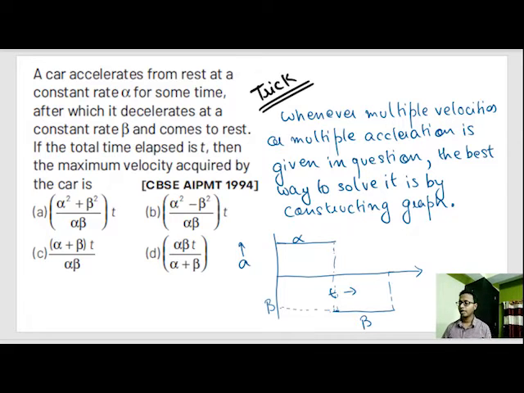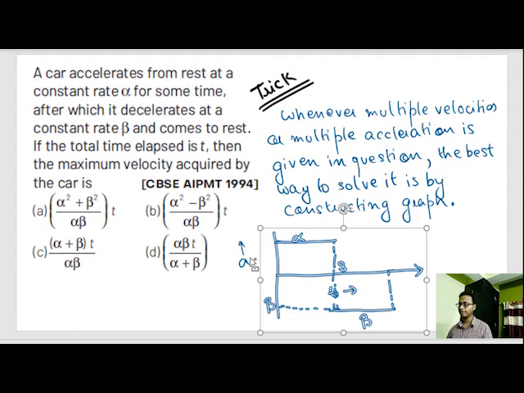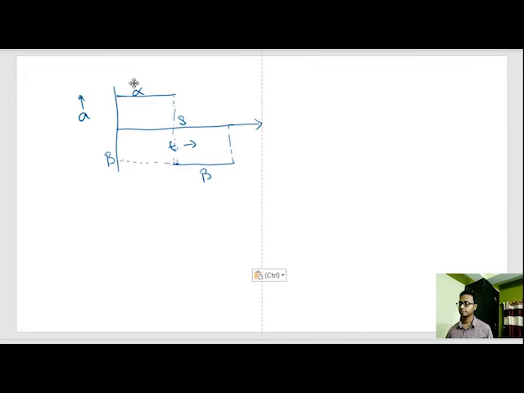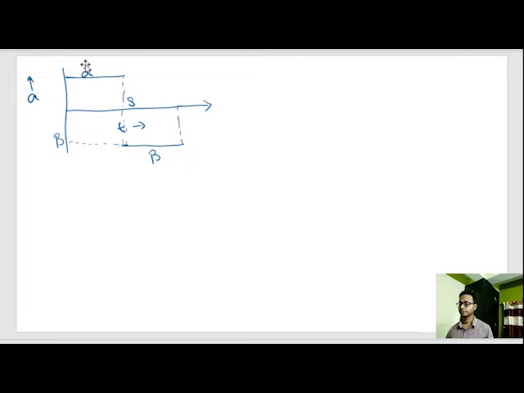Okay, now after a certain time, let that time be s, because I don't know after which time they change the acceleration. Now let's copy this graph again. I drew out the AT graph, reasonably good. Okay. Now I need to make few observations.